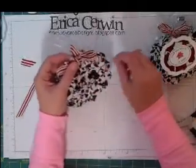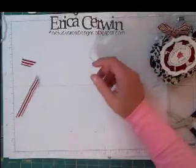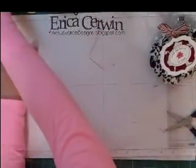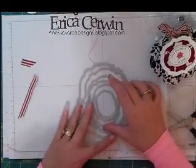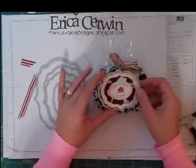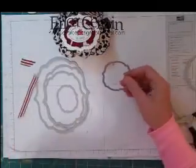Now, for the label part, I took the same label dies and I got, let's see, let me show you all of them so you can see what size I used. I took this one right here and I cut out Whisper White, and then I took this one and I